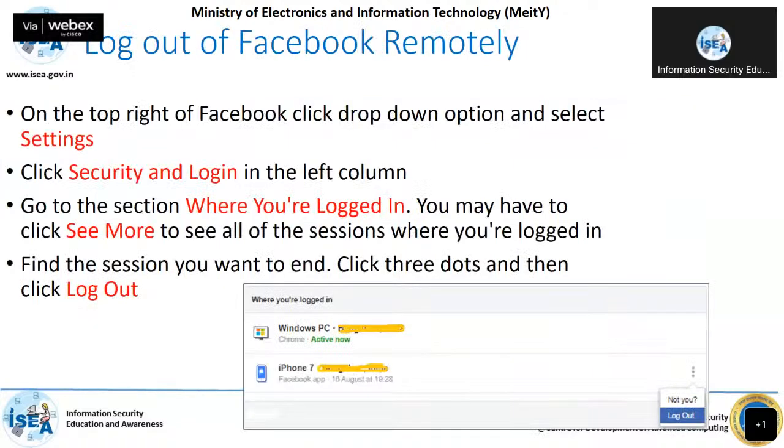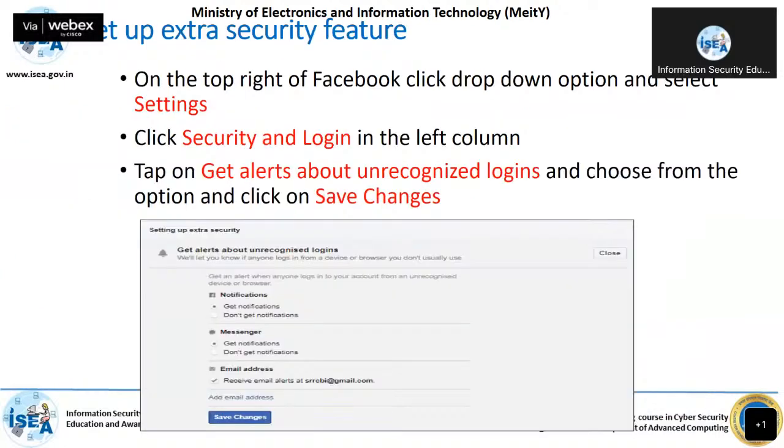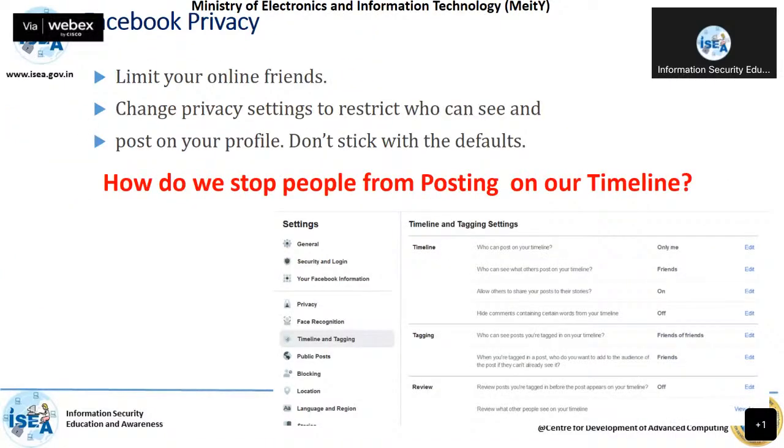And one more step I will tell you, these are the privacy options. The moment you click on general, timeline and tagging and all those things, in the timeline you have who can see your posts. There are so many options. You can use any of these options: only me, only my friends, only my family, or friends except these people. All such options are available. You can explore and keep those settings.